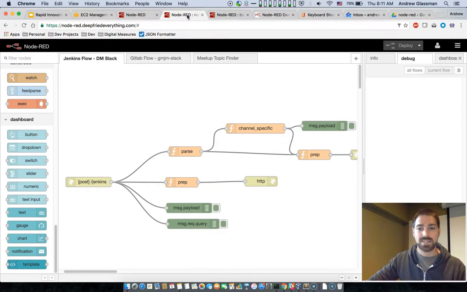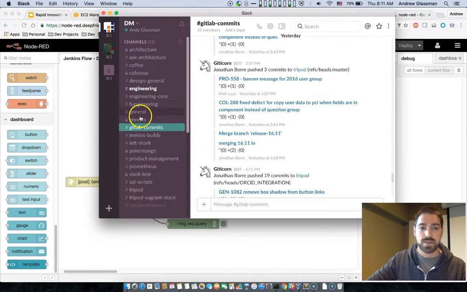A more tangible example is these two integrations that I put together for our team to integrate our Jenkins build process with Slack, with our company Slack channel, and our GitLab commit process with our Slack channel. To give you a quick look at what those integrations look like, here's what our GitLab commit pushes look like. So we got a fun unicorn, the Gitacorn, and anytime somebody pushes to a repository that's configured correctly, you